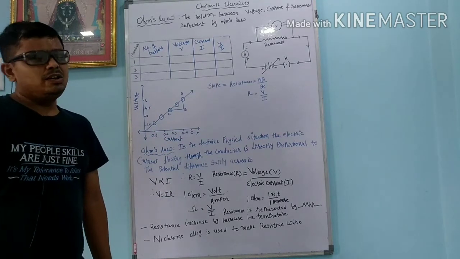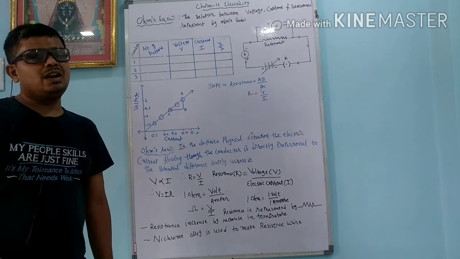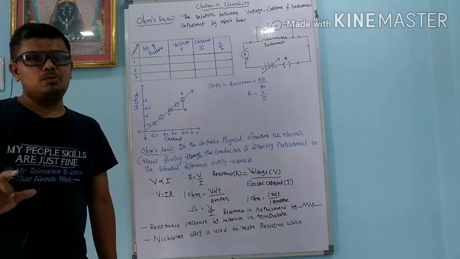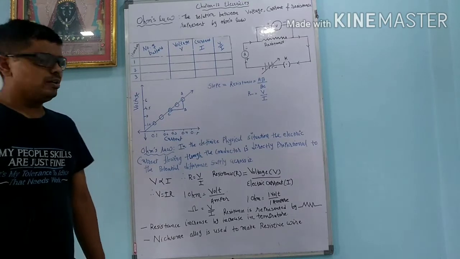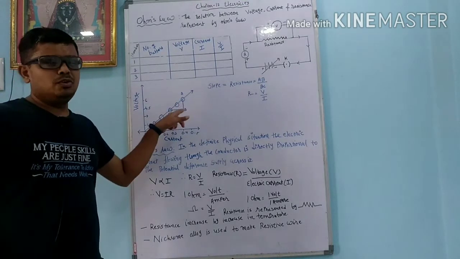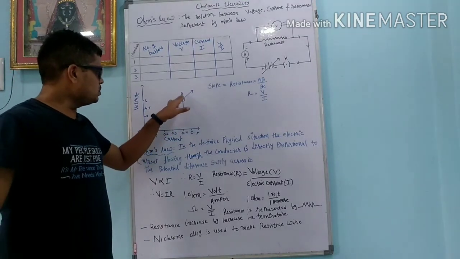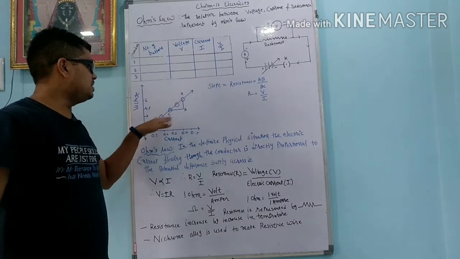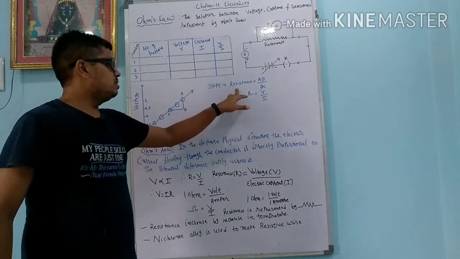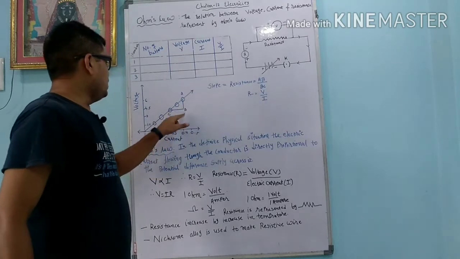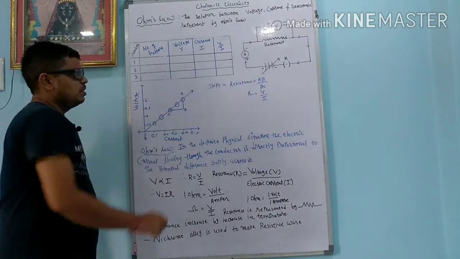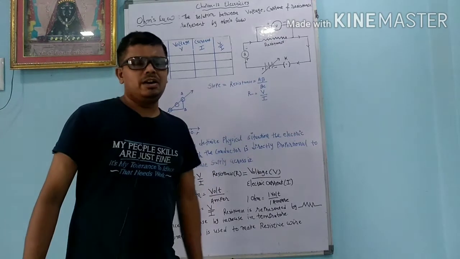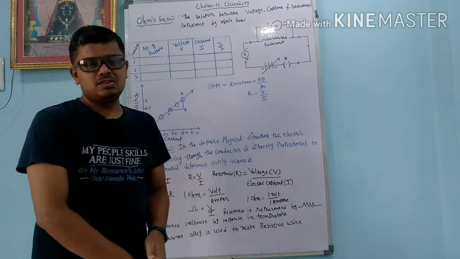Okay, means it is not exactly equal to, so we can write V proportional to I. Proportionality indicates that it is not exactly equal to, so V proportional to I. Now to get the resistance, we will draw the slope. So I draw the slope, and I select 2 points, A, B, C. Slope equals resistance, equals AB is voltage, and BC we have current, so R equals V by I. So like that we can find the resistance.